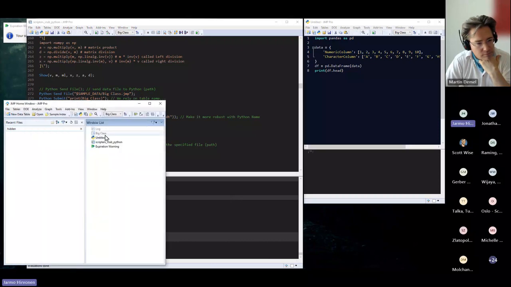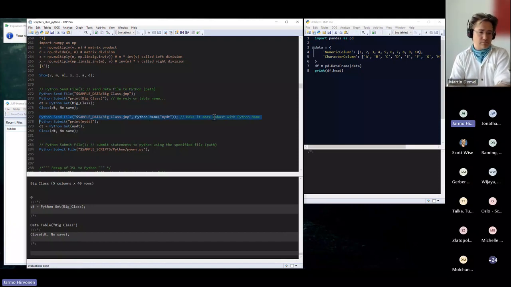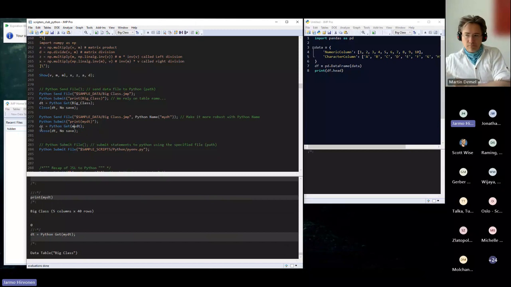And if you don't believe me, it's open here. But you can use Python name to define the variable name. If you use Python send file, I would always suggest that you use this, so you know what variable you will get back. So my DT is basically this table here. And then I can use Python get to get the my DT to my DT on the JMP side,